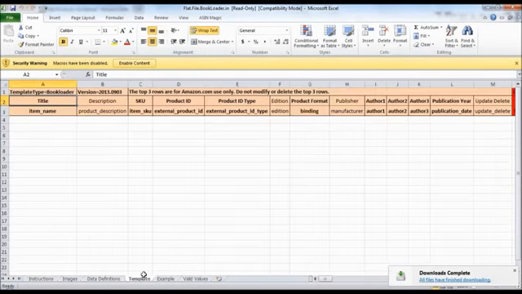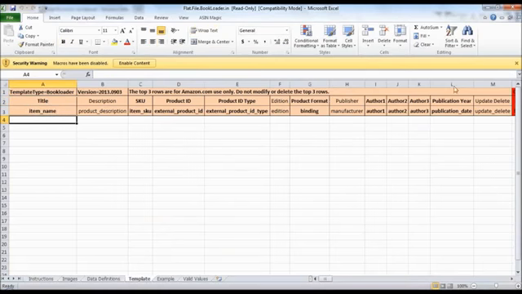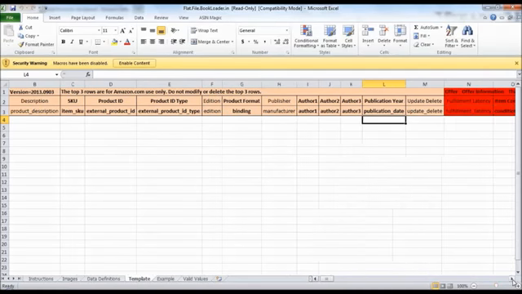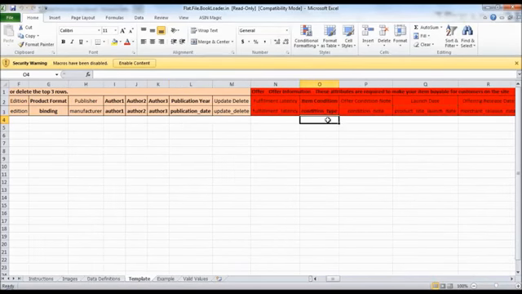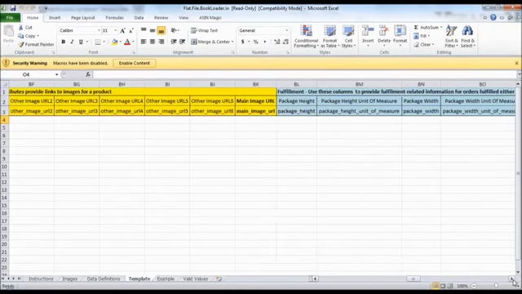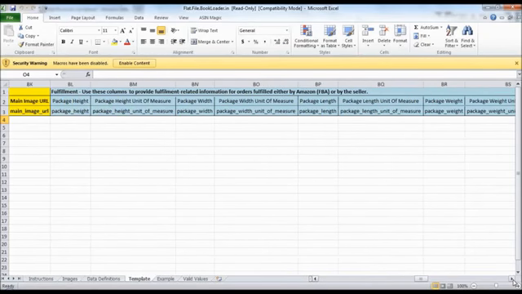Go to the template tab here, and give all the details that are there in bold, everything from title, the SKU, the product ID, which is the unique ISBN number and EAN number, the product format, author name, publication year, condition type will be new. Apart from that, since it's an FBA